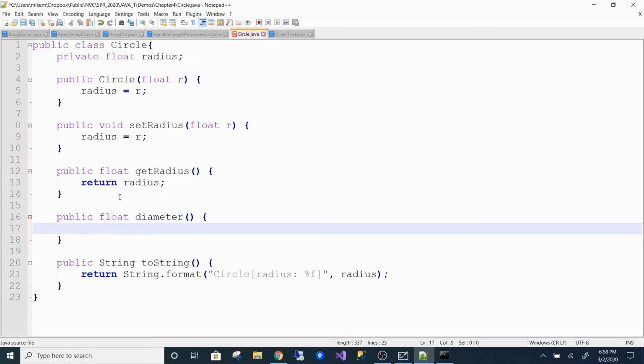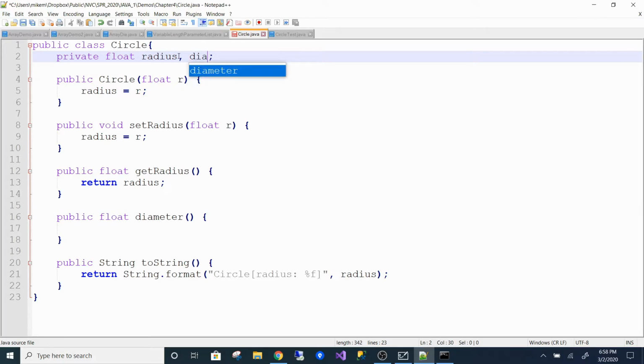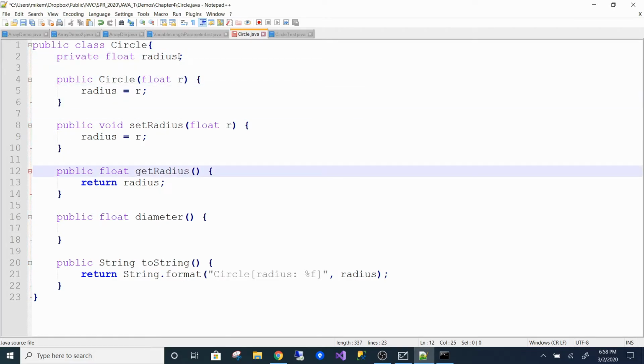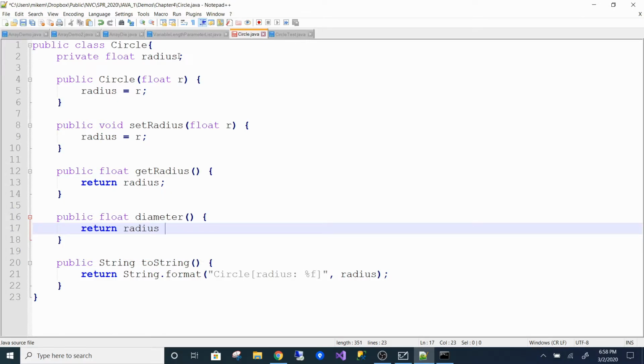Okay, it is a method and it is not instance data. Students come up here and say, oh, I need a variable for diameter, and they throw it up there. That is completely wrong, because one of them, radius or diameter, is dependent on the other. If you change one, you're going to have to go change the other if you're trying to track both of them as instance data. Whatever one you decide to track, you're going to have to make a method to calculate the other one. So in this case, I'm making one for diameter,